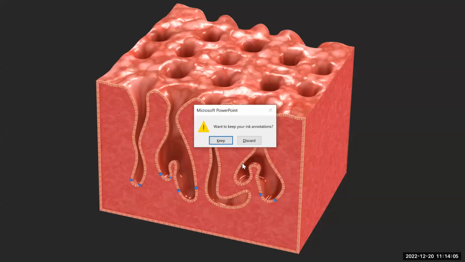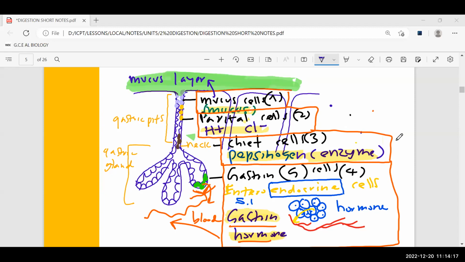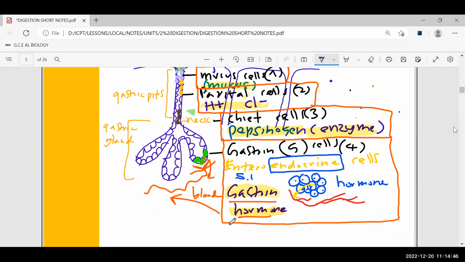All right. So again, come back to this place. We learned about the pits, the gastric gland and the cells. Next, we'll try to understand the function. To understand the function, first,